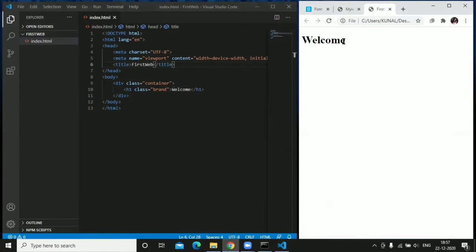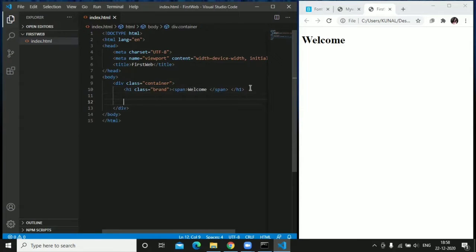A span tag is basically used inside the container or division class, right? Which is the inline container. So just cut the welcome message from here and paste it here. Okay, get inside this class.